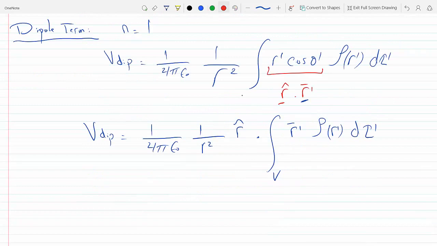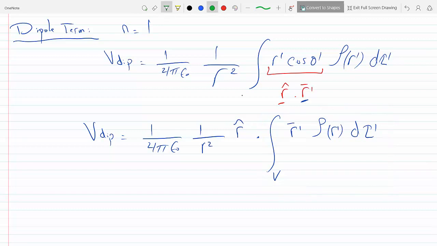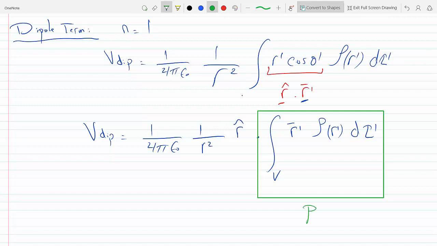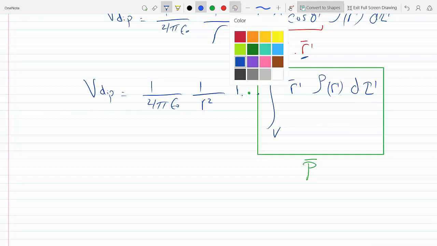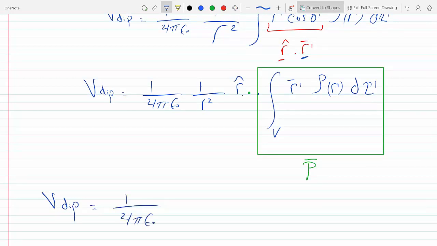Notice this integral does not depend on r. And what did we call this? This is our dipole moment. We've already calculated that, we don't have to redo it. This is P, without the dot. So that means my V dipole becomes 1 over 4 pi epsilon, 1 over r squared,